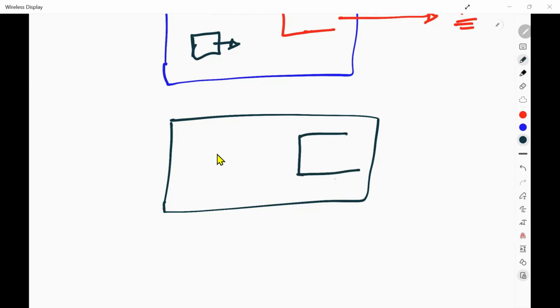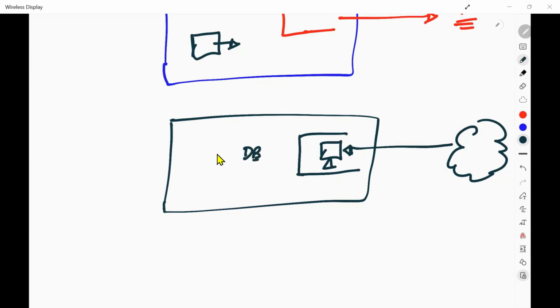Inside your public area, what you have is a web server. Through this web server, anybody from the internet can come in and access this application. But we have some private resources. What are those private resources? We have a database as a private resource. We have an application server as a private resource. These are the private ones.